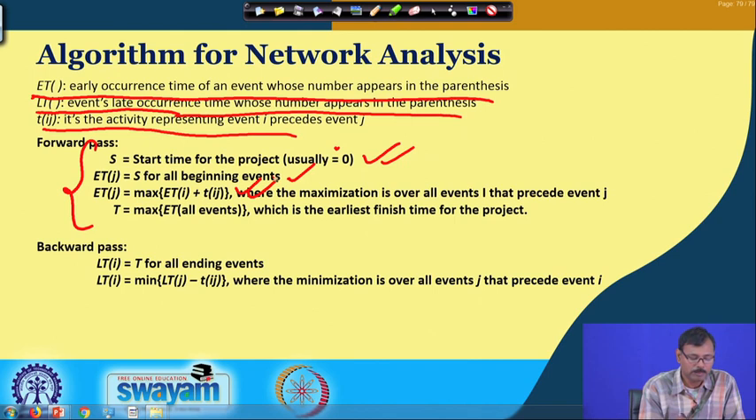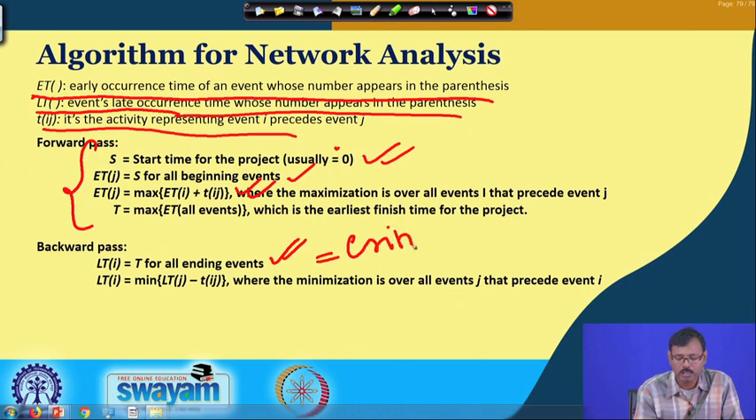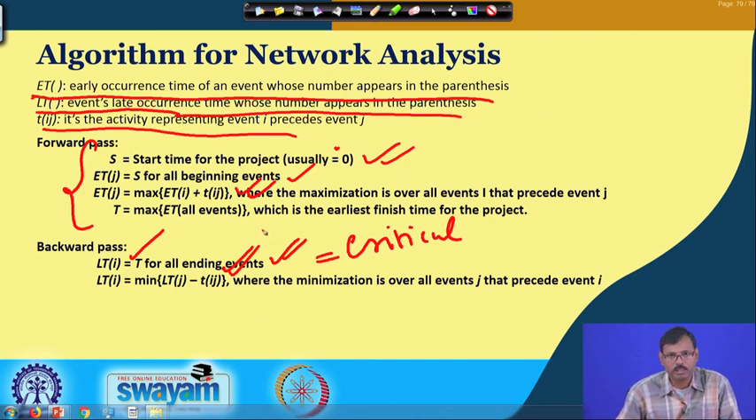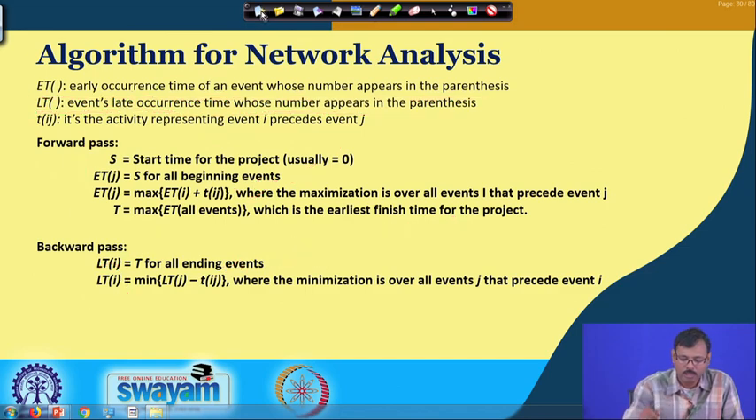In the backward pass we consider the time of completion T, which we get from the critical path as the completion time, and that is given to the final node first. Then in the backward pass we subtract the duration from the latest occurrence time given, to get the latest occurrence time of the preceding node of that particular node. So, based on these considerations,